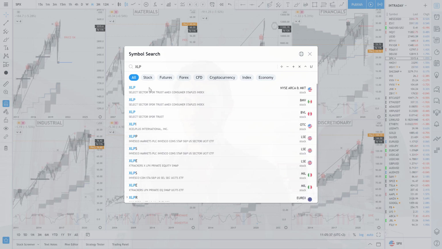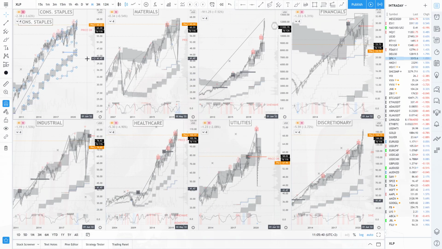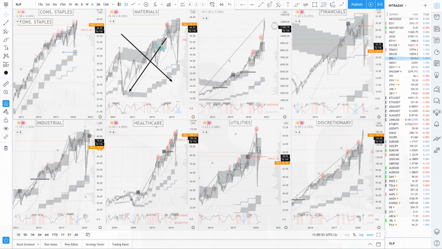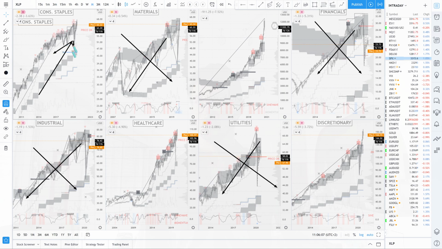So let me put XLP back in this thing and let's make an assessment. Okay, what we care about in here is not, without going into too much detail, you can definitely dig a lot deeper into this. We're just going to split this thing into two territories. Okay, so defensive. Okay, we can see that this is very oscillating. Okay, defensive, defensive, and defensive. Okay, which is, from what we've experienced for this economic cycle starting 2009, offensive, offensive, very, very offensive.